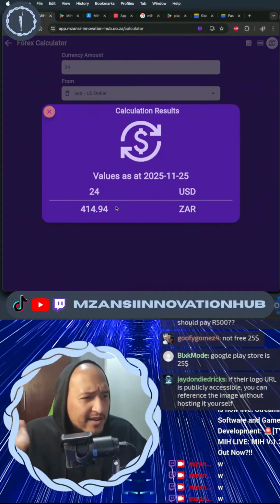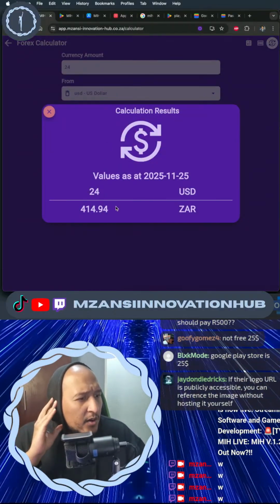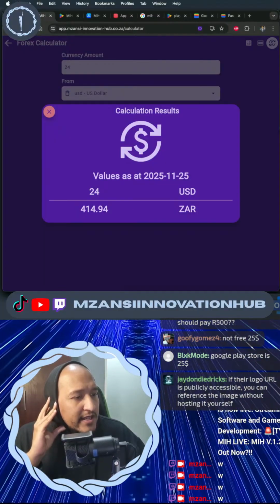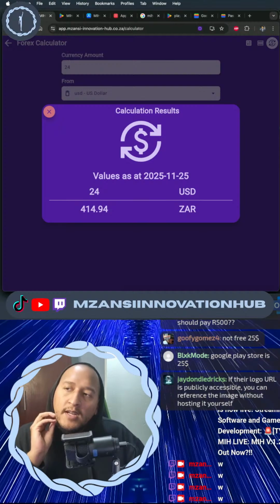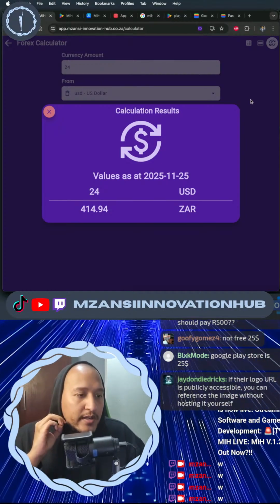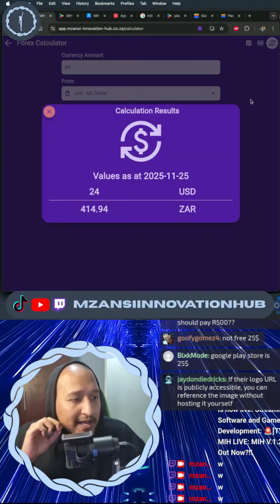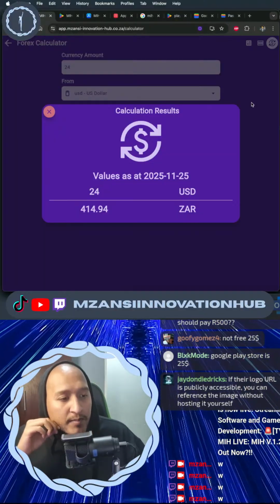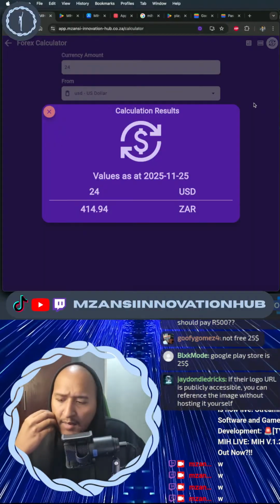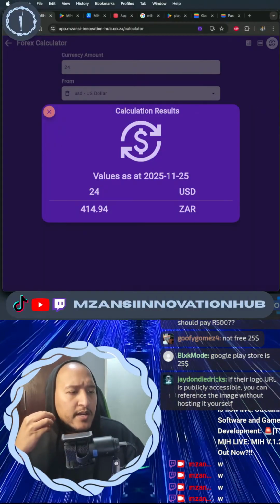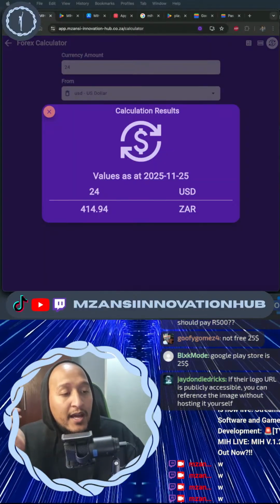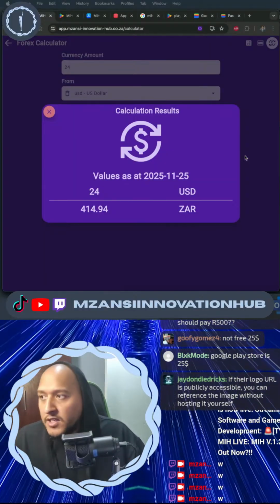Yeah, so it's about 400, 500. If their logo URL is publicly accessible, you can reference the image without hosting it yourself. So that's a great point. Black Mode, shout out. So Google Play is $25. I see Black Mode is confirming with Goofy Gomez. So it is about 500, like Tabang was saying. So perfect, I appreciate you, Jay. So Jay is saying that if their logo has a URL that is publicly accessible, this is talking about the